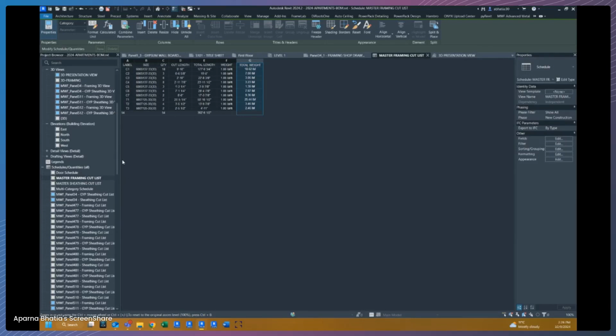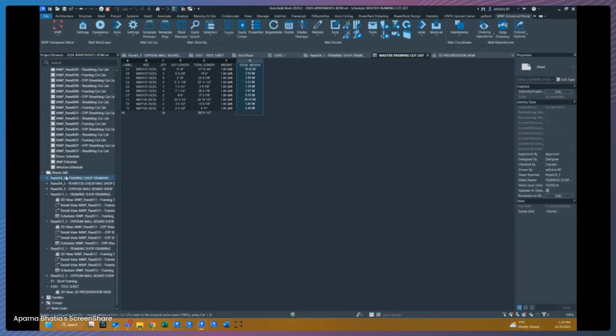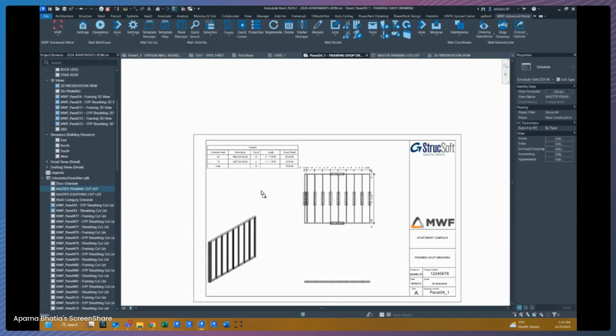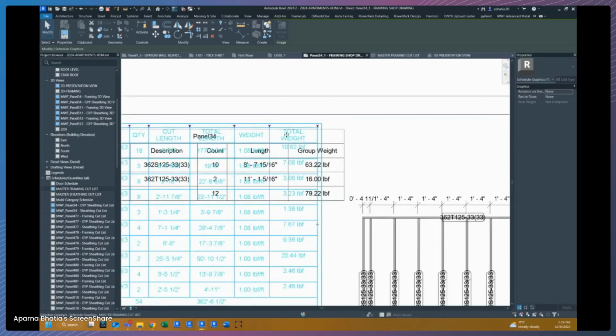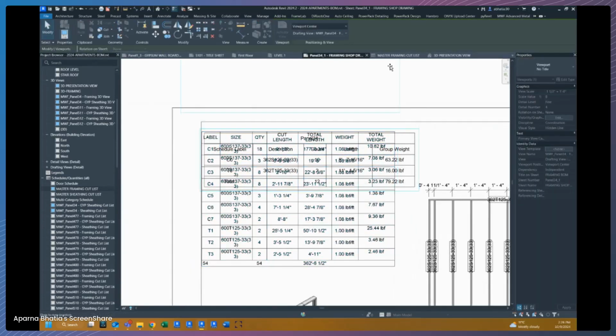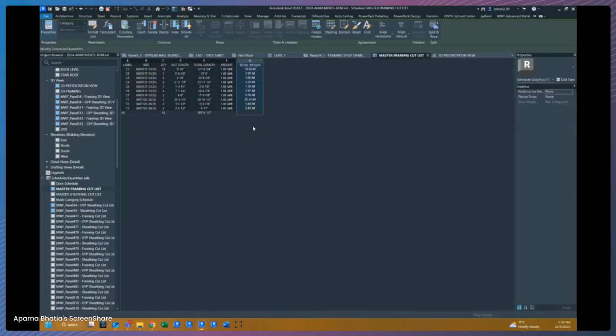And we can basically go into our sheet now. So we can go to 34. And now that we know that the sheet's been created, now we can add our master framing schedule. The reason I like to add it here is just to make sure that it's not going to interfere with my panel. So right now, the width of it looks decent. So if I click outside, I can move this over. If I click outside, you'll see the width is decent,